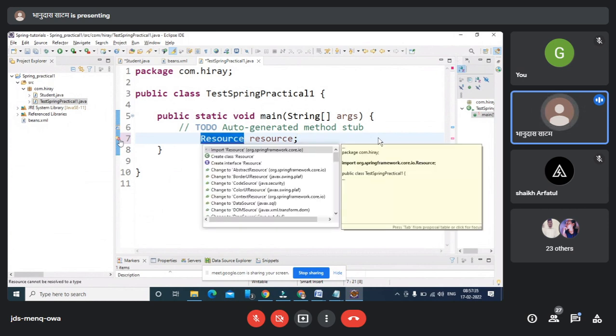the respective library. Unless and until your reference libraries are installed properly, it won't give the import suggestions for your resource file. So if you look at that, this is the import org.springframework.core.io.Resource, which is taken from a reference library. If it is not available, then something happened in your installation process. So you just close your entire application and repeat these steps again.